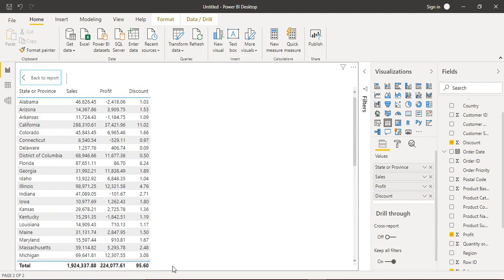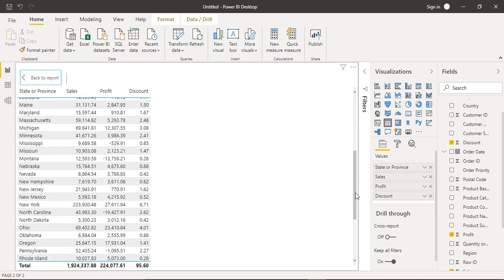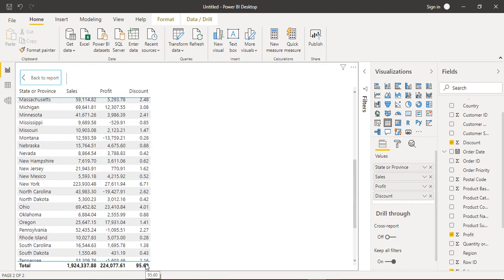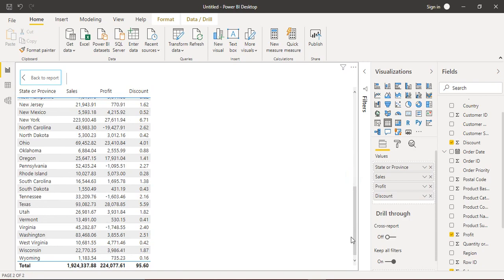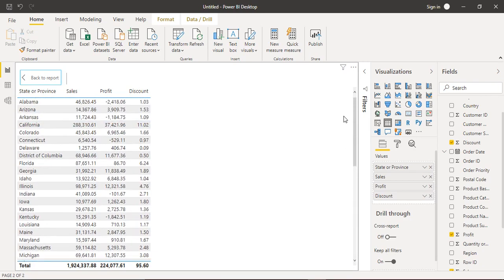So here you can see that the heading row, that is the topmost row, and the total, the last row, is fixed. That is, these headings are fixed and this thing is also fixed. So that is the beauty of Power BI. In Microsoft Excel, if you have used Microsoft Excel, we had to do all these things manually, but in Power BI everything is fixed.